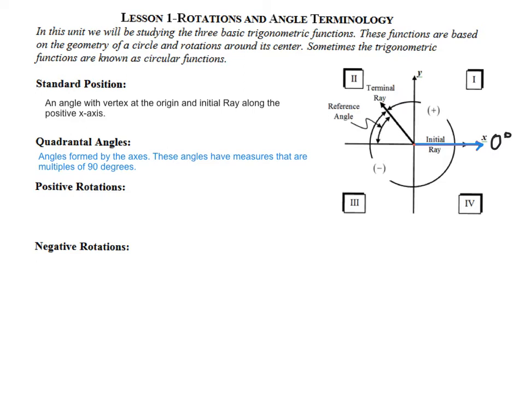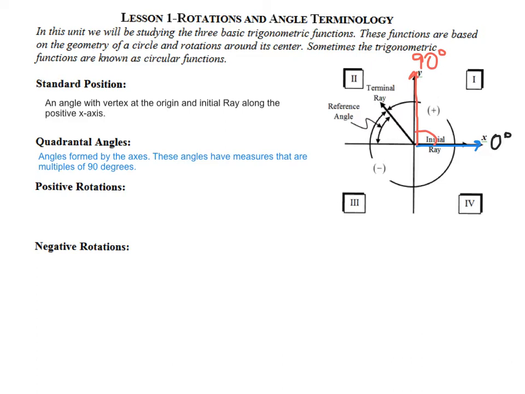If, however, I have my initial ray right here along the x-axis, which it always needs to be, and my terminal ray going along the y-axis in this direction, then the angle that I have rotated through would be an angle of 90 degrees. And I can see that the 90-degree angle is formed by the positive x-axis and the